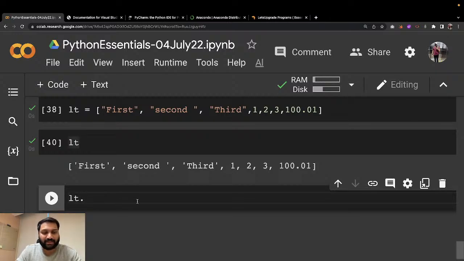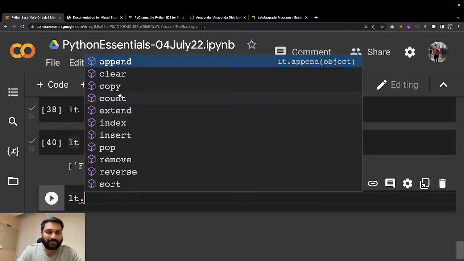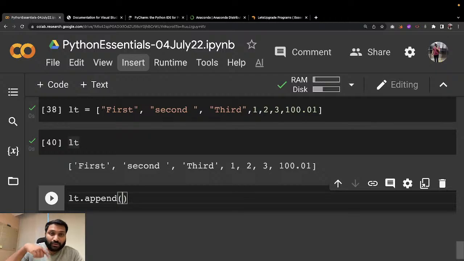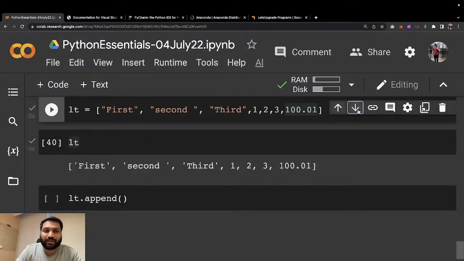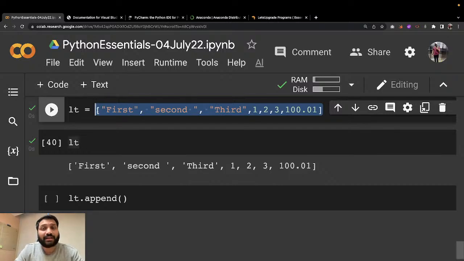Now all I need to do is LT dot, if I want to, for example, add one more to the end of the list. Now what is a list? A list is an ordered sequence, a collection of an ordered sequence of objects. Now these things like ordered sequence of objects,